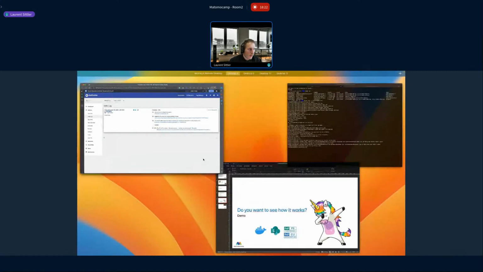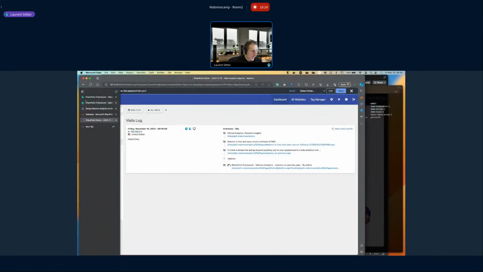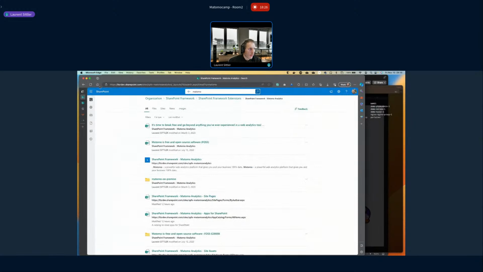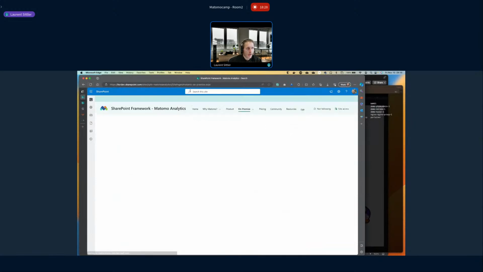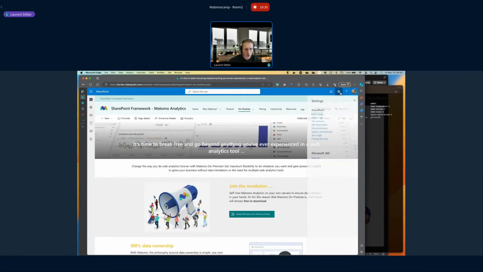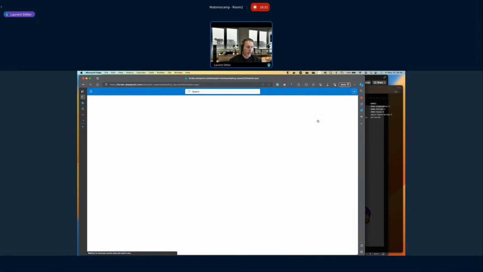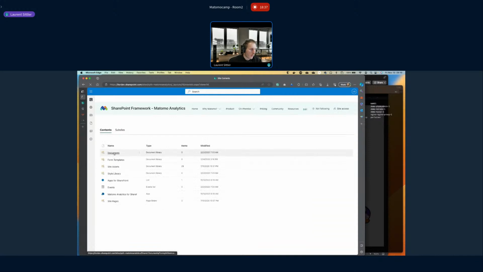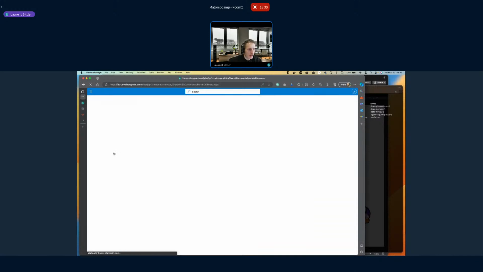I can go to different modern pages only. That means if I go, for example, to the site contents, it works too. You can explore the default document library, any kind of document directly on the site.